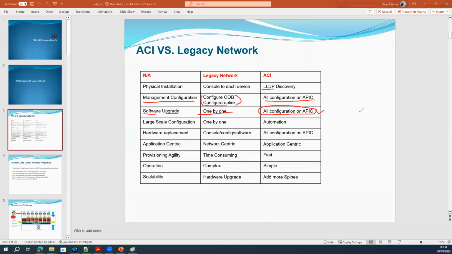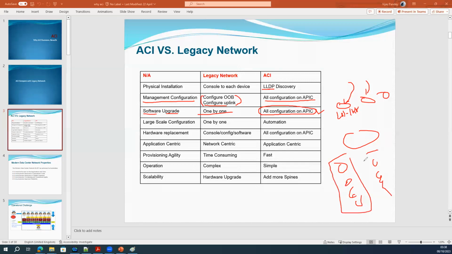The disadvantage here was that if you have three devices, you have to upgrade them one by one, and each device takes 45 minutes to 1 hour if everything goes fine. Whereas in ACI, if you have 20 devices, you can bundle 10 devices one time and another 10 the second time. You can upgrade 10 devices in 30 to 45 minutes, and another 10 in another 30 to 45 minutes. Rather than upgrading manually one by one, you upgrade a bundle, and in a single go you can upgrade more than 10 to 20 devices within 30 to 40 minutes.